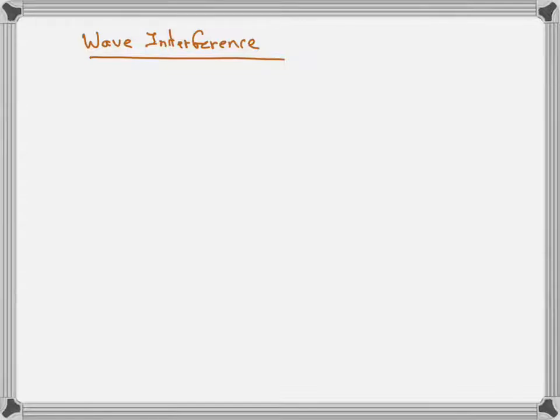Let's just say that you have a wave. It can be a water wave, it can be a sound wave, it can be a light wave, it doesn't matter what kind of wave. If I have a wave, a wave has this property that it has crests and troughs. You can think of the wave as something which would be at equilibrium, that's the dotted line, and some measurement of the wave, whether it's the displacement from equilibrium or whatever, goes above and below